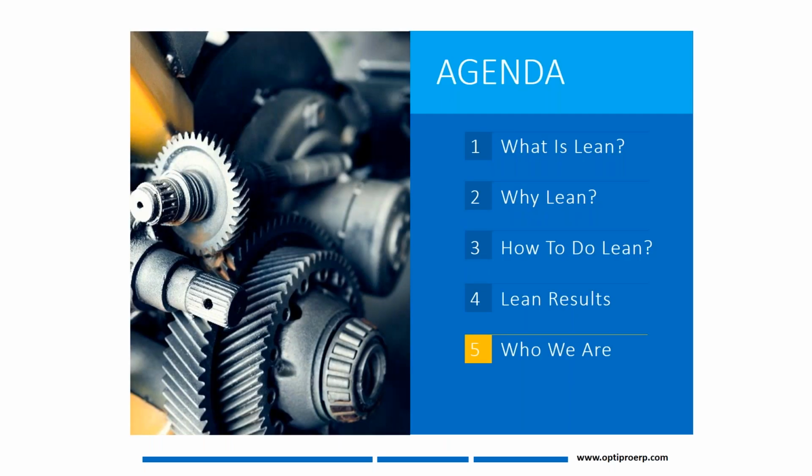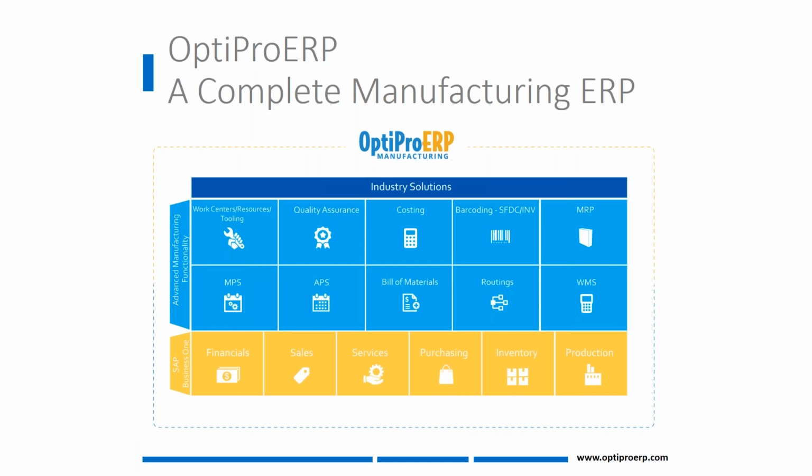So that was a little bit about lean manufacturing. And we've showed you within our OptiProERP solution with the SAP Foundation that we support that in a very progressive, very flexible manner. So let's talk a little bit about us so that you know who we are. I guess it's a sales pitch. Sorry, guys. But we have a single end-to-end solution in a modern architecture that supports lean manufacturing.